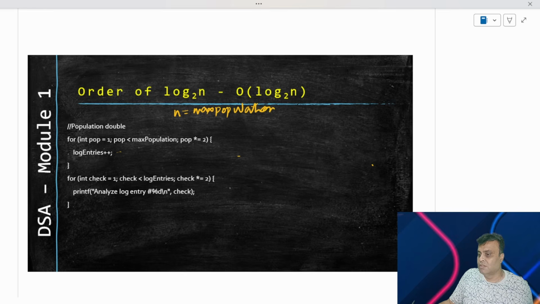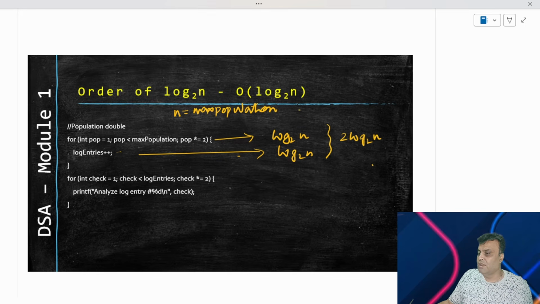So hold that thought. When that n is equal to max population, we have established that this will execute itself for log base 2 of n, which means everything within it will execute itself for log base 2 of n, which means the total time complexity of this particular for loop will be 2 log base 2 of n. And we have already established previously that 2 log base 2 of n, we can eliminate this because this only influences the magnitude of the time complexity, which we can of course change by changing the power of the machine. So can we therefore eliminate this 2 and say that what we have is actually log base 2 of n as the time complexity.